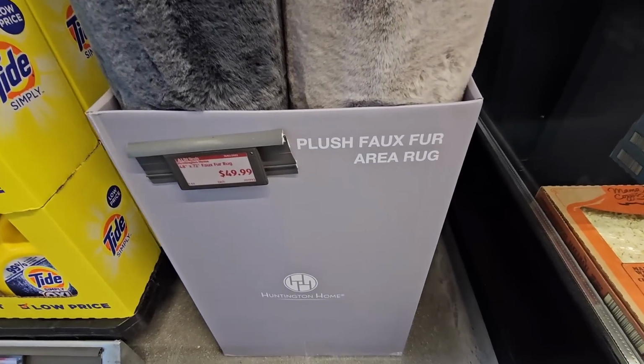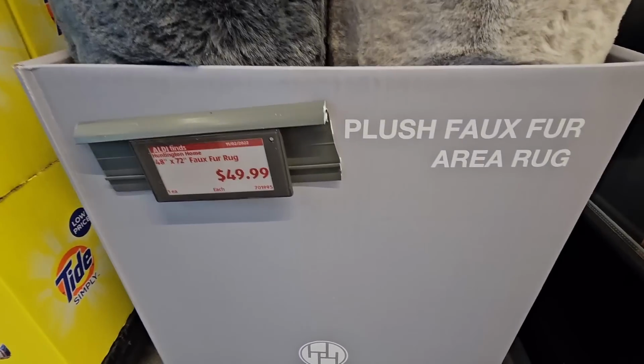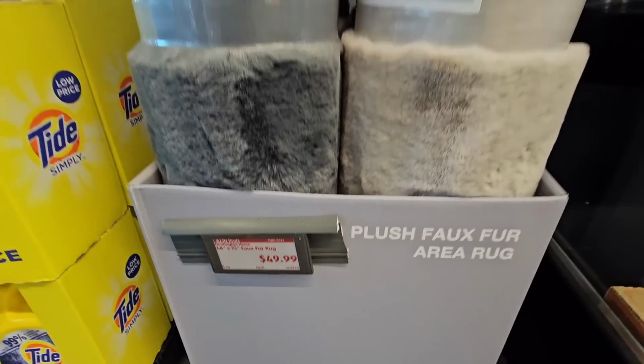We are back at Aldi. We're going to check out all the new items for this week, starting with the plush faux fur area rug,